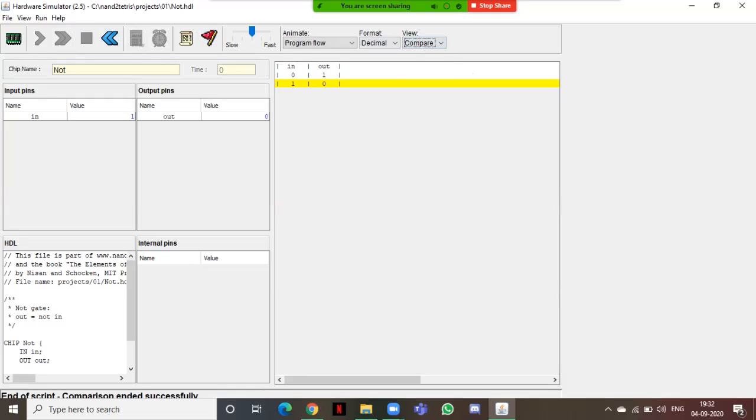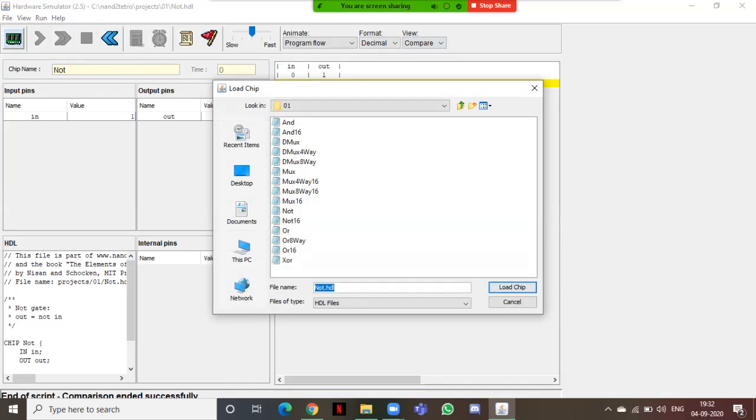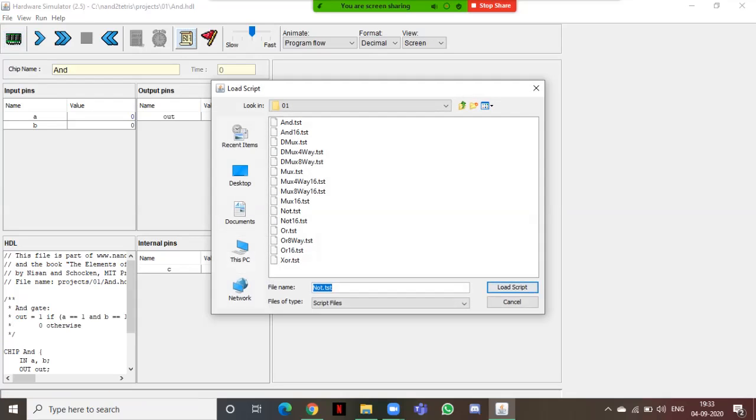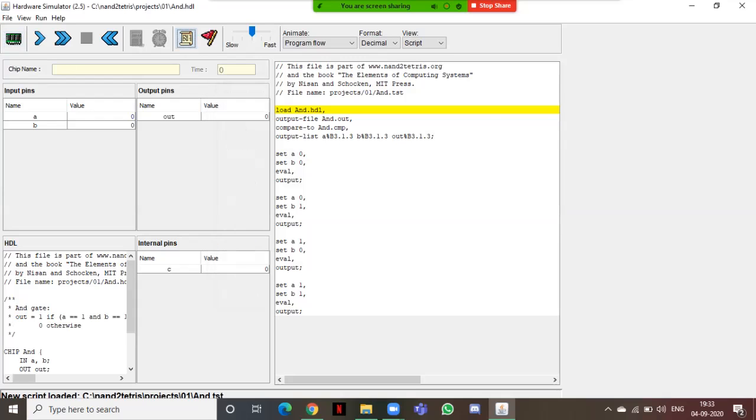Let's perform the next function, that is AND. Here I'll load my And.hdl. I'll load my script. And here, let's perform the function.